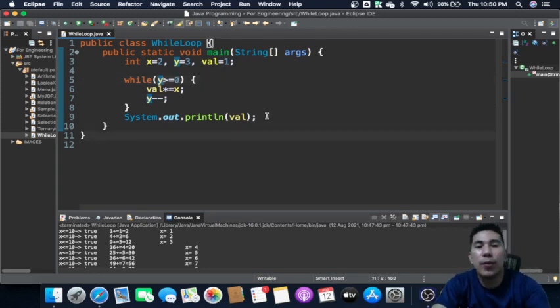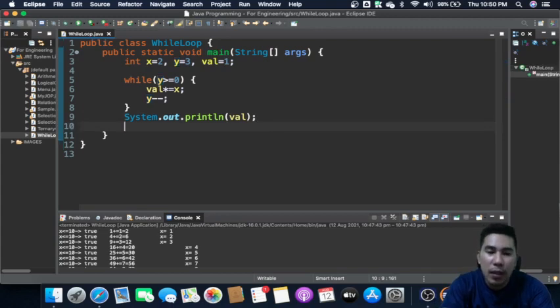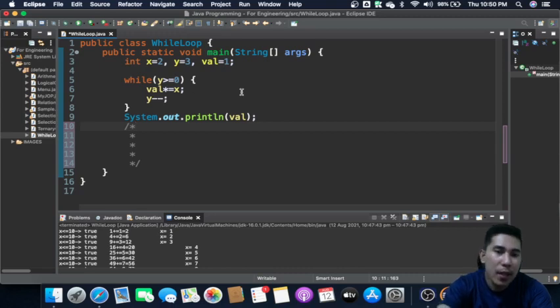Let's start with, this time baliktad na. Hindi na mag-start sa ano. So good. You have the x, and the x is not going to update its value, so it's always 2, kasi wala nato siya gigamit na nato siya for multiplying it to val. So basically mo ni ang atong ano is y is greater than 0. Okay, and then after that you have here something like val times equals to the value of x, and then after that you have here another y minus minus, which is a decremental value.